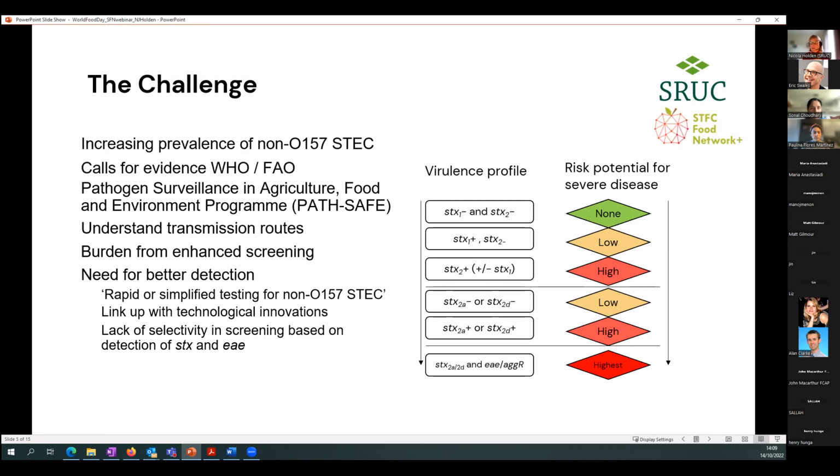So for example, a typical call might be a desperate plea for rapid or simplified testing of the non-O157 STECs. We can link up with technological innovations. Everybody knows about lateral flows now, so that's a perfect example of how we can use really nice little quick and easy devices to look for these pathogens. But there's a lack of selectivity. So when we look at just a presence of the toxin gene, for example, or one of the virulence factors,